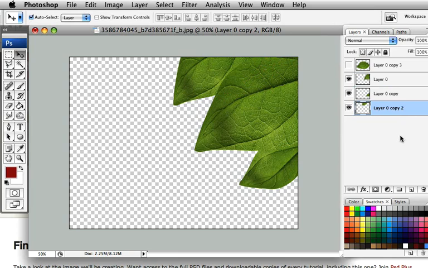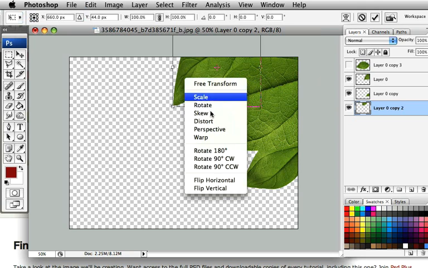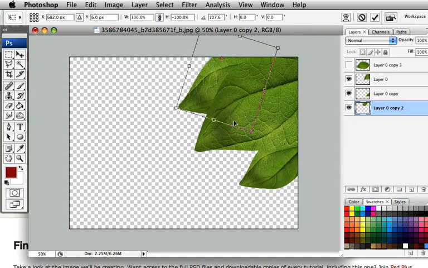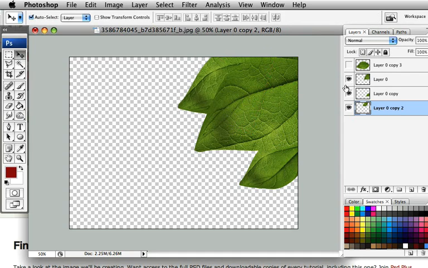Bring that below, or the two layers, until you get some kind of layout that you're happy with. In fact, I'm going to grab this layer again and just flip it horizontally. And then this last layer,